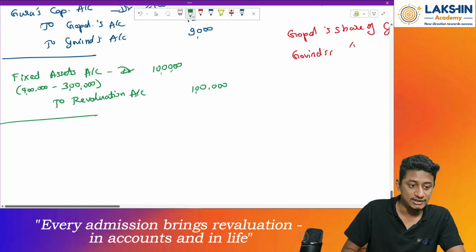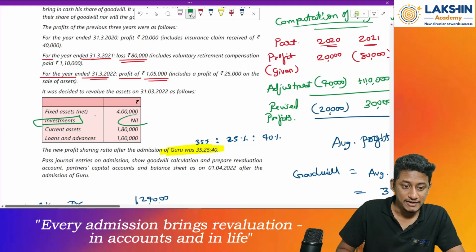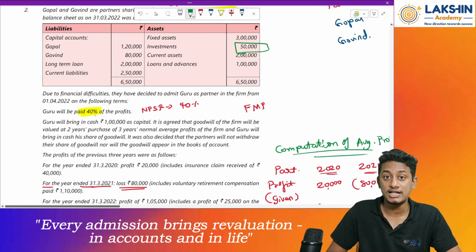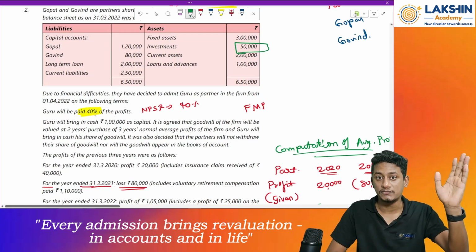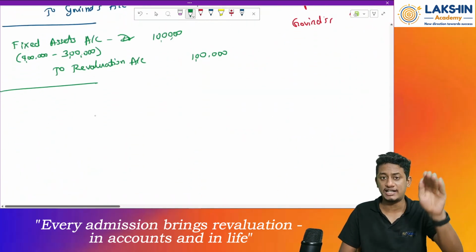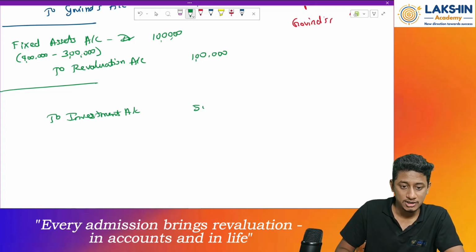Okay. After this, for the decreases I should pass entry, right? So first of all go for investments. Investments have become 0, from rupees 50,000. So how much is the loss incurred towards investment? The whole amount of rupees 50,000. Clear? So whenever the value of an asset decreases, we will credit the account. Investment account rupees how much? 50,000